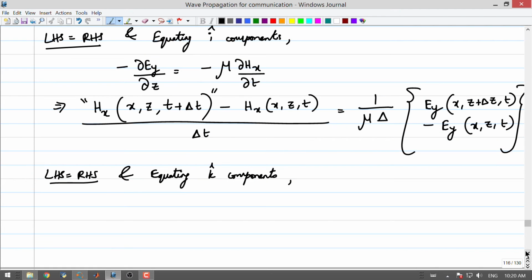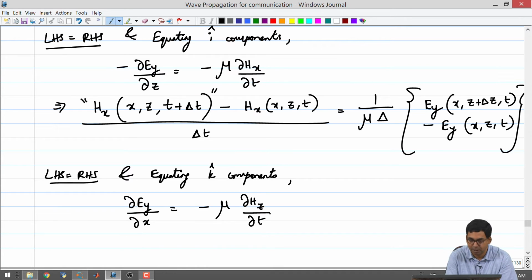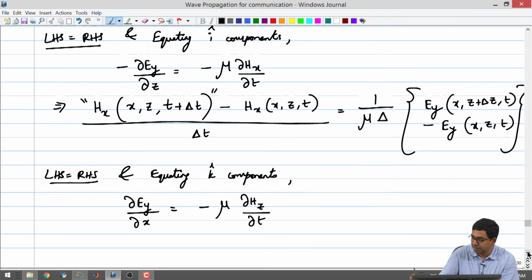You will end up with another equation. So, you have ∂Ey/∂x is equal to minus mu ∂Hz/∂t. It is not very different from the previous equation that we have written, just there is a minus sign coming into the picture. But other than that, it's very clear the unknown quantity is going to be Hz